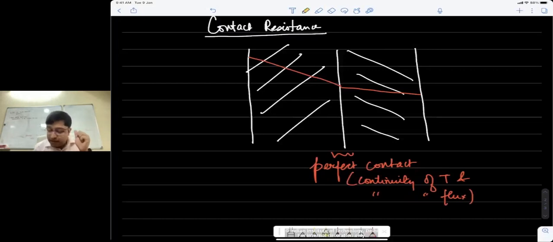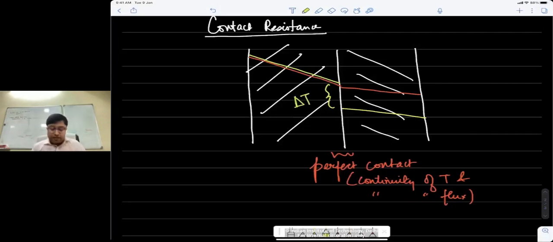In reality, what you would see is that if there's a temperature profile, and I'm going to draw it one on top of the other here just to make a point, say we have a temperature profile like this in slab 1, then in the second slab you will see a temperature profile of that type. So you can expect some delta T between two dissimilar materials when they are put together. This delta T may be large, it may be small. It depends on the contact, and we'll talk about what happens with different types of contacts.